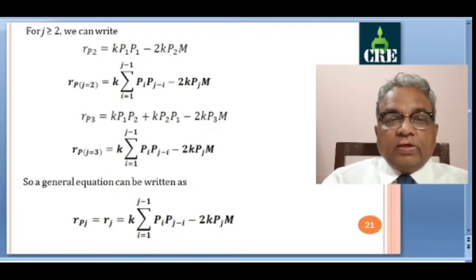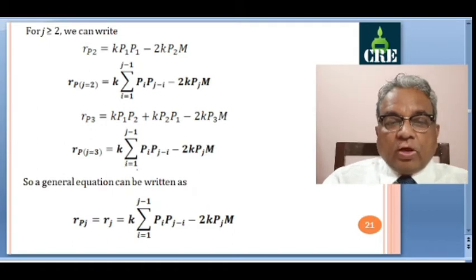Now, the summation we have written. Next, Rp3, again from the previous page, this 2k P1 P2 is written as k P1 P2 plus k P2 P1. As we have seen earlier, it is written 2 times because P1 with P2 and P2 with P1, and minus 2k P3 m for j equal to 3 now. So I will write Pj because j is equal to 3. So the second term is taken care of.